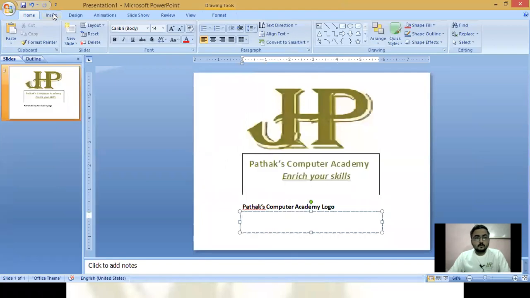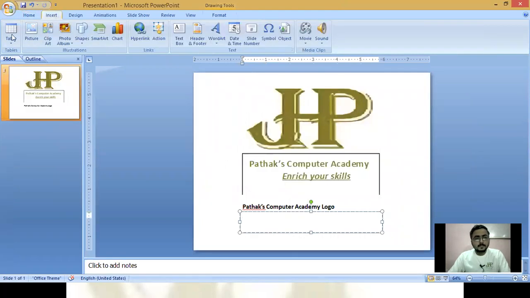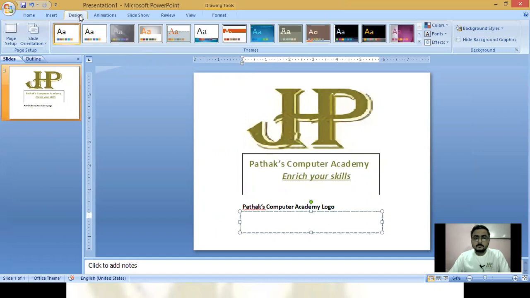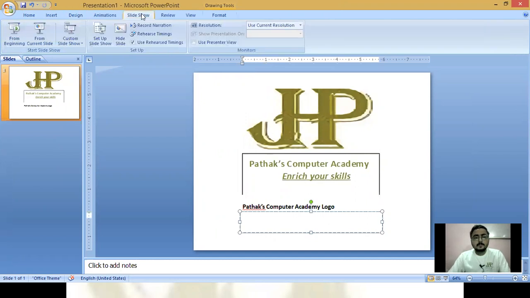Okay, so the insert tab is the same as I discussed in MS Word. The design part is also the same. The page setup, slide orientation, and all the things. I already discussed what is slideshow, but I will discuss the setup in the next video.